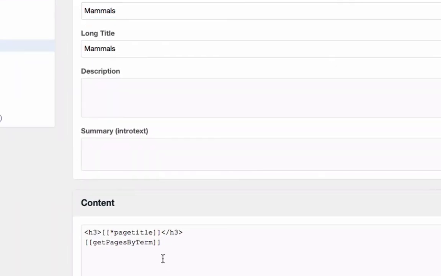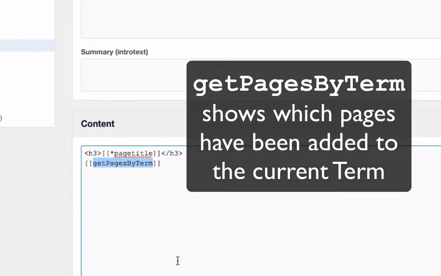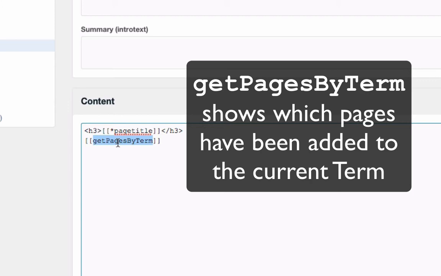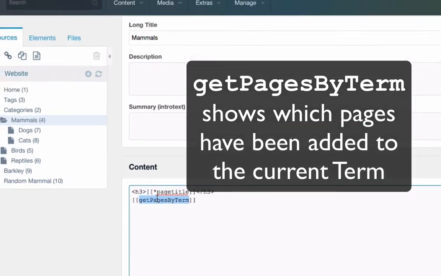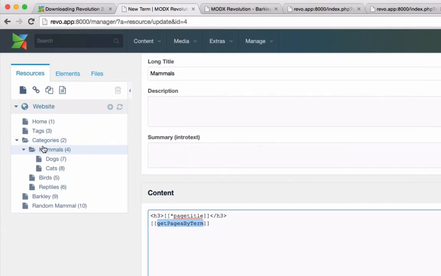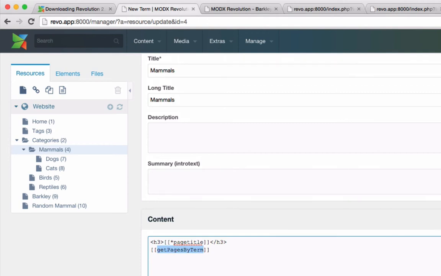And once you've done that, the thing that you really ultimately are after is showing content after you've organized it. And there are a couple snippets that ship with this. One that I'm going to demonstrate here is getPagesByTerm. And the most logical place for that snippet is on the actual term page, because it'll default to that page's ID to use as the ID for the snippet call. So if I view this page,